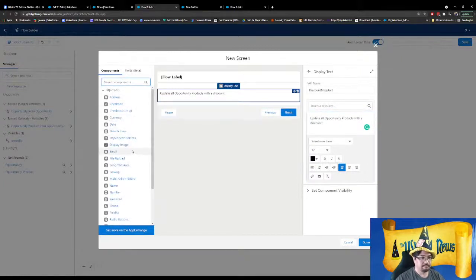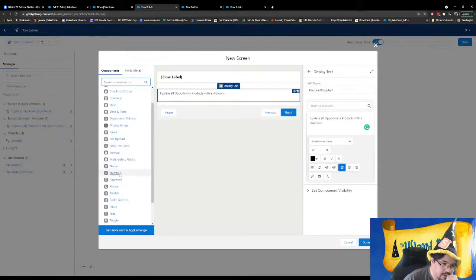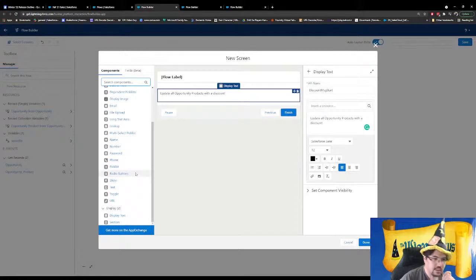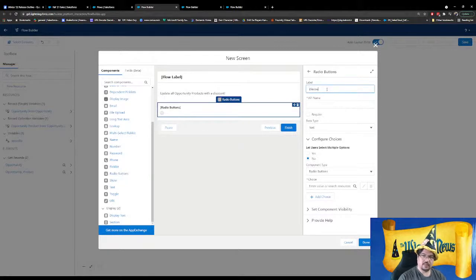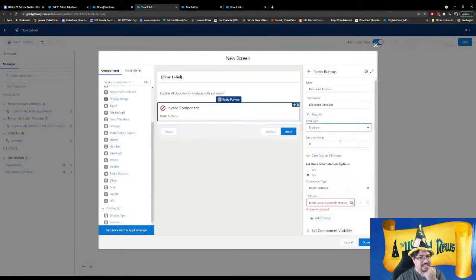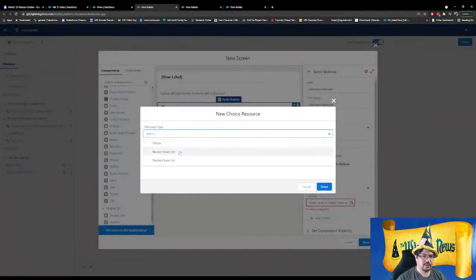Then I want, what do I want? Just a straight up number. Or do I want radio buttons, pick lists? Yeah, let's do a radio button. Data type, no component. Now, data type is. Do I want that to be? Yeah, let's do this. New choice,